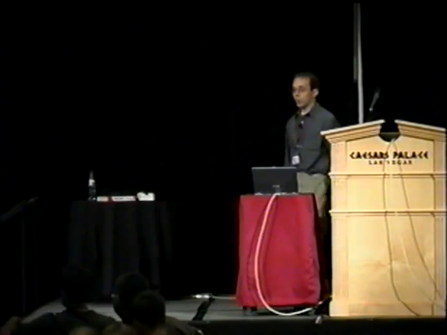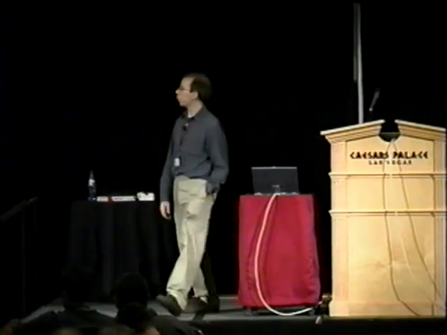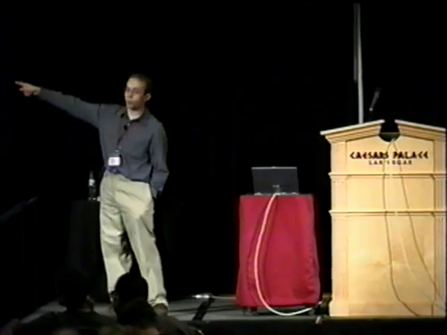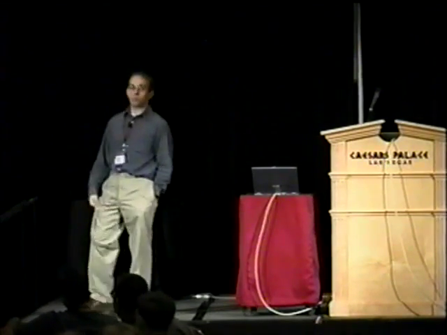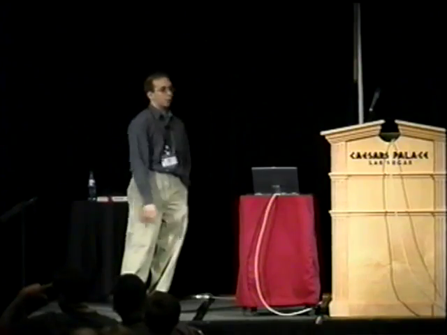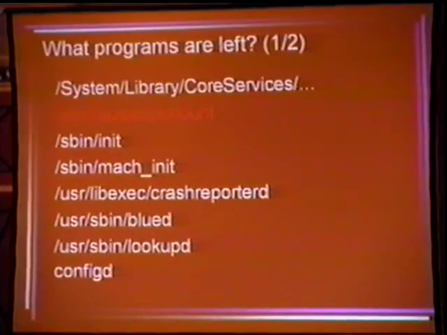That's fine. Okay. What programs do you have left? If we do that PS listing and you look at the root programs on the box, you've got something called core services. That has to be left in place. You've got auto disk mount. Okay, what does auto disk mount do? Well, if you take your laptop and you plug in a FireWire drive, or if you put a CD-ROM or a DVD in the drive or whatever, you can mount those in one of two ways.